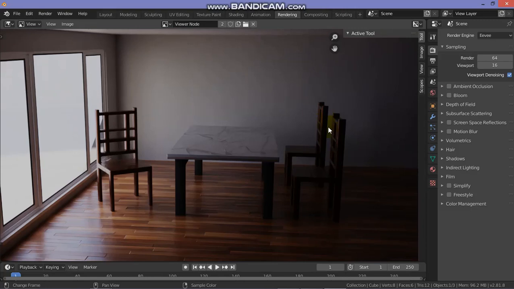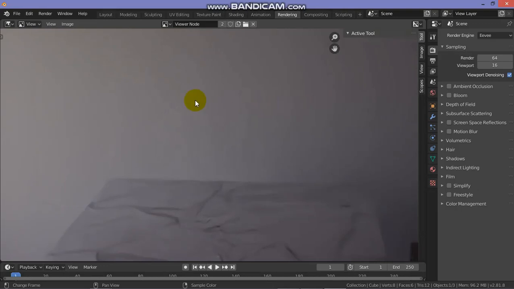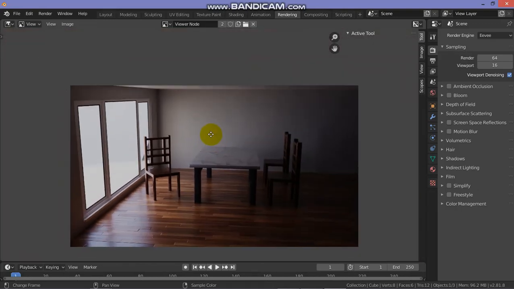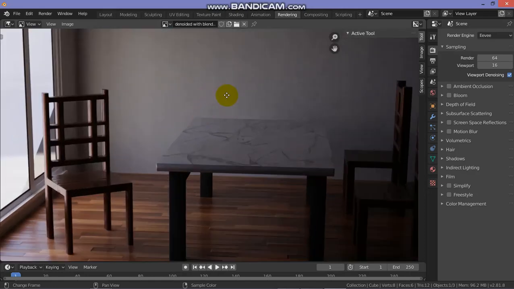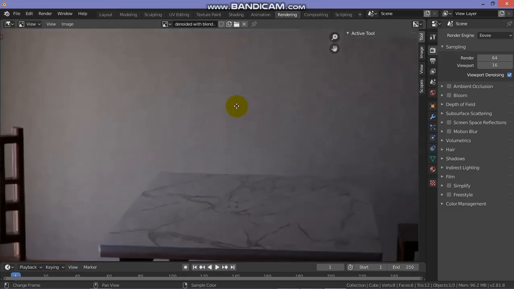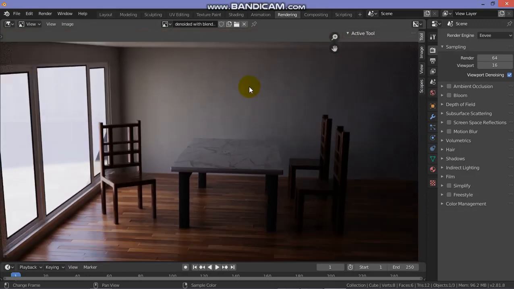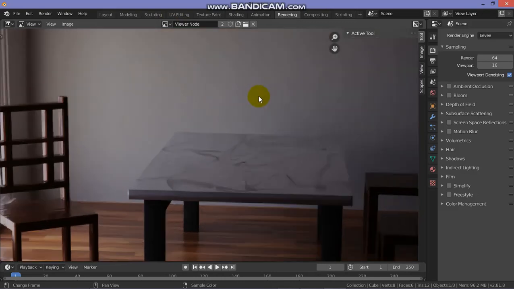You can look at the wall from here. Now you can see how the wall is not even, there are no patches on the wall. But let's go into the denoise with Blender denoiser, so we can see we have patches on the wall. If you look very well, we have some patches on the wall, which is very fake, denoised fakely. So if you go into the viewer node, which is the image with denoised, you can see we have some